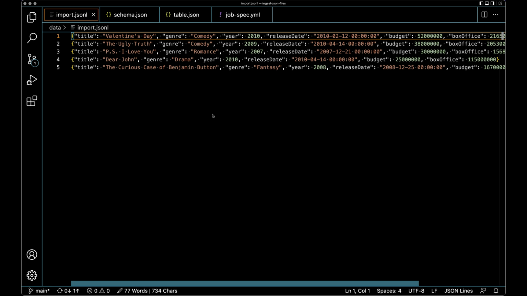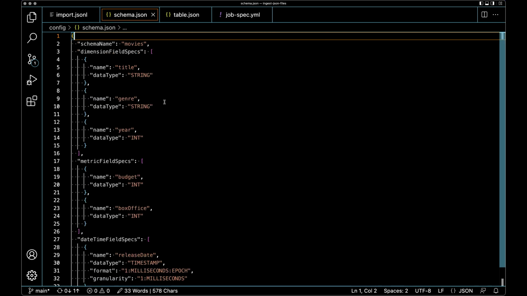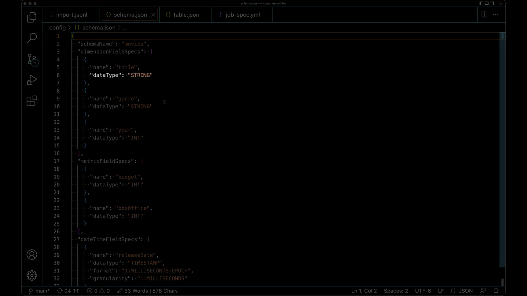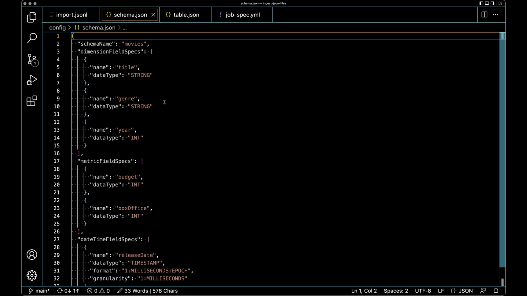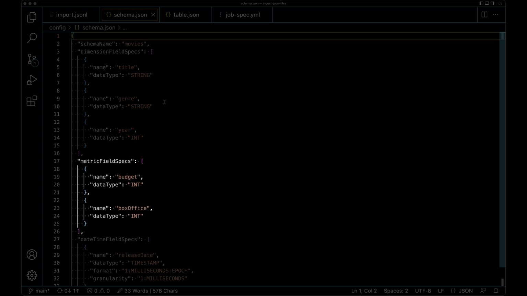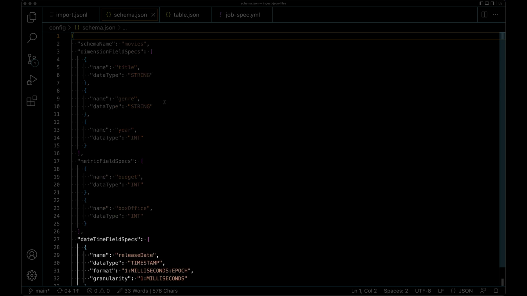Now, when we're ingesting data into Pinot, we first need to define a schema, which is pretty similar to how it would be in a relational table. So we've got to have our columns, and we specify a name, and then we have a type to go alongside it. And so you can see there's a one-to-one mapping between each of the fields, and they're split across different field types, which are kind of hints to the Pinot optimizer for what it can do with the data. So we've got some dimension fields, we've got some metrics, and then we've got the date time down the bottom.